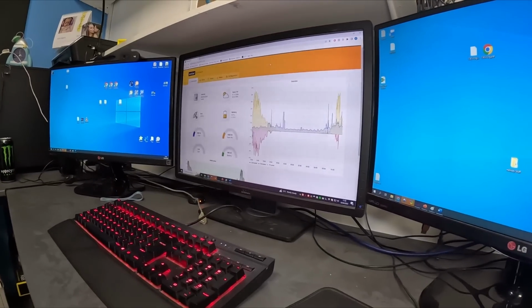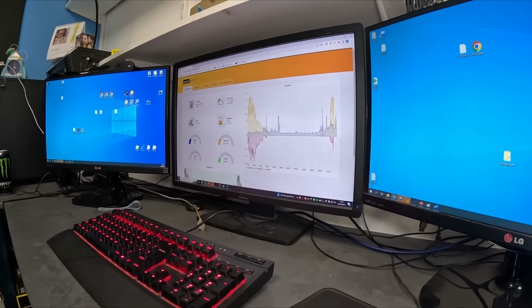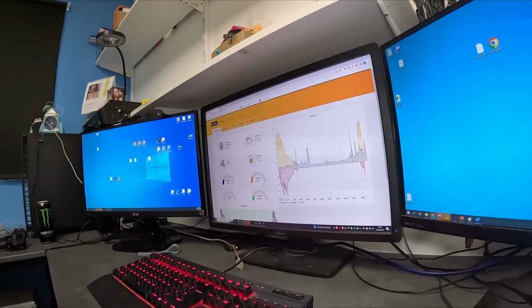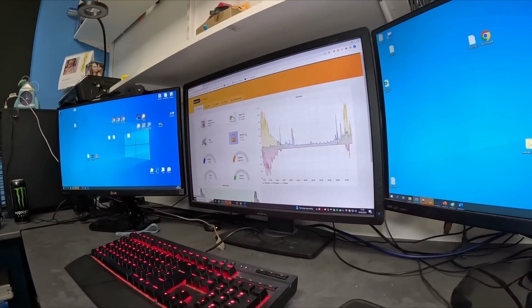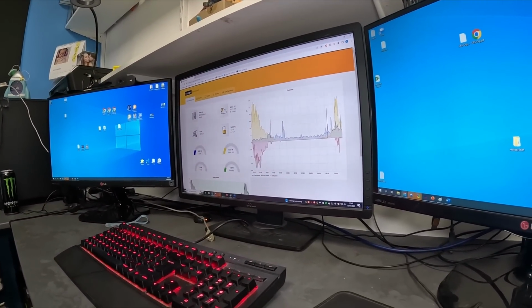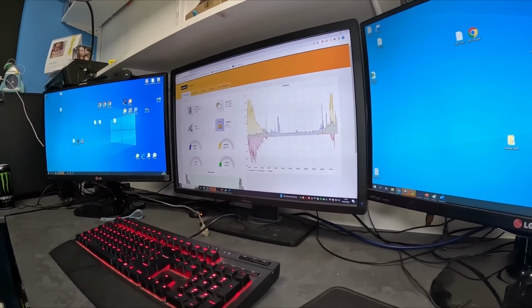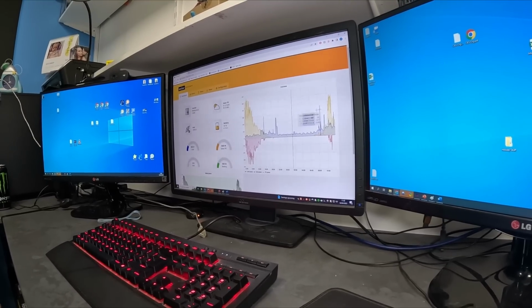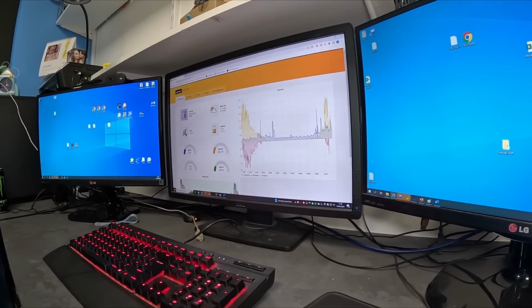Right, so my brother's set up. I know the screen's getting a bit funny, but this is Solar Assistant, which is going to be linking into Home Assistant. Okay, cool. So this is exactly what you can see on the screen that's in his lounge: the battery health, power in and out, grid, inverter, all that sort of stuff. And now we're going to go across to Home Assistant,